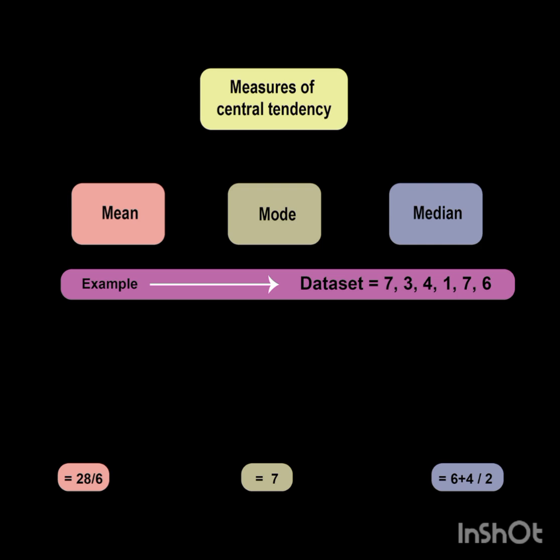Mean is nothing but adding up all the values in a data set and dividing by the total number of values. Mode is the most common value. In a data set, the value that is repeated most is called the mode. And median is nothing but the middle value of the given data set. Okay, next question is